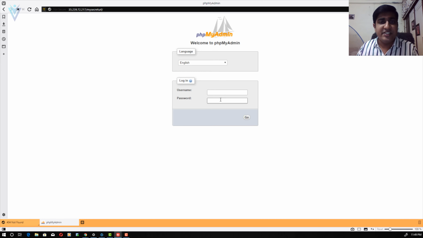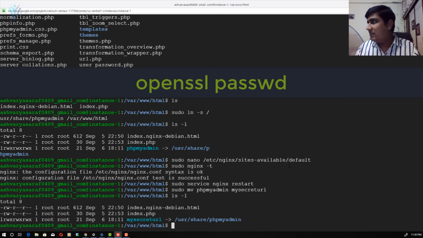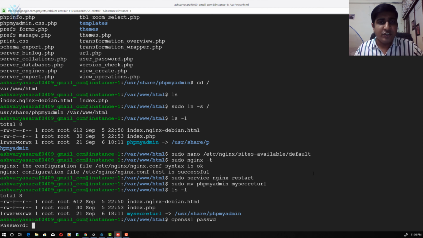To enable the Nginx authentication, we need to first create a password. For Nginx, we need an encrypted password. To generate an encrypted password, we are going to use the OpenSSL utility. Copy this command and execute it in the terminal. This command is going to ask for a password, and based on the password, it is going to generate an encrypted